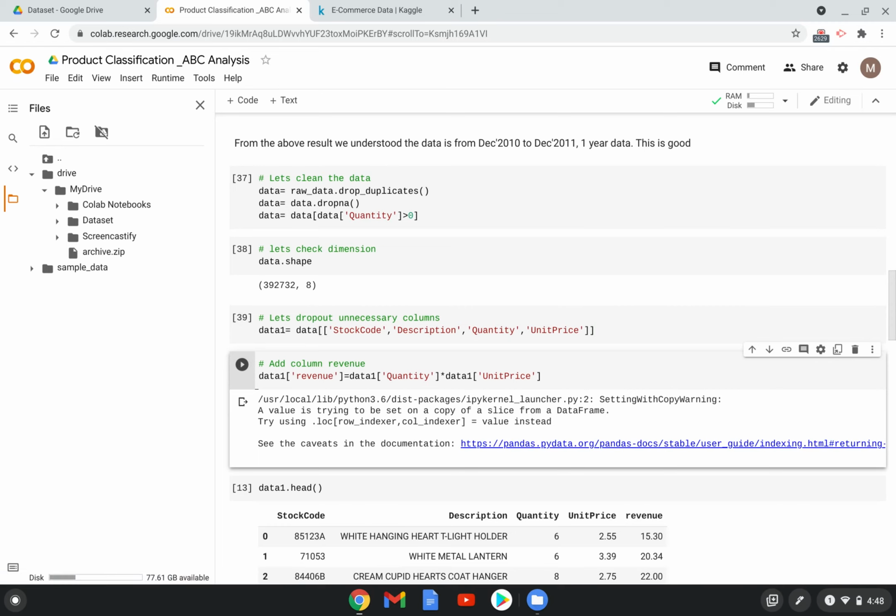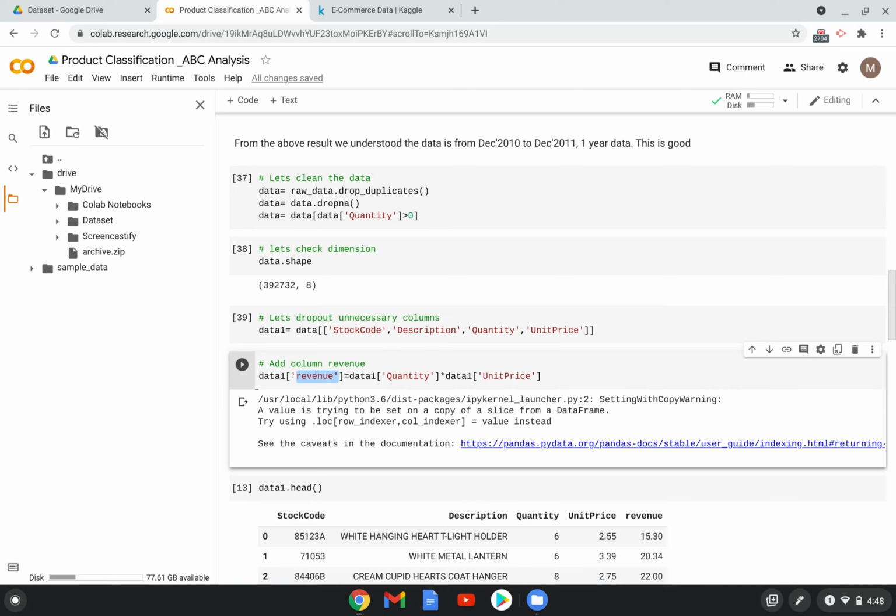And then, as I already mentioned, we can do ABC classification basis the sales volume and basis the sales revenue. In the data set, we do not have revenue. To calculate revenue, as I mentioned earlier, we have to multiply quantity into unit price. To add a new column, we call the data frame, and inside the square brackets the column name.